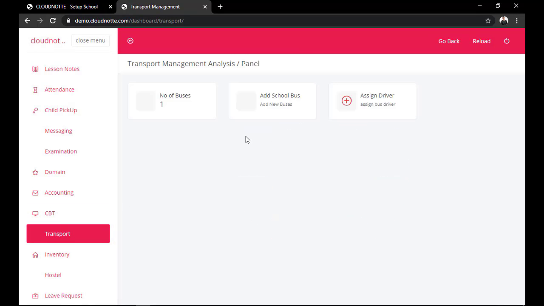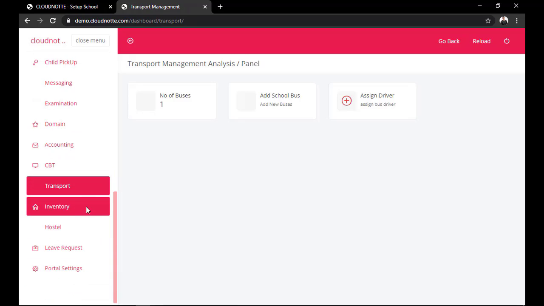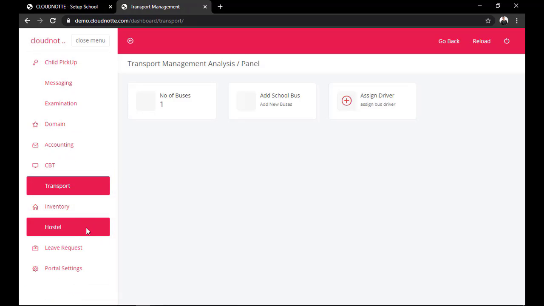So from the transport module, you can see the total number of buses your school currently has. You can add a school bus. You can assign a specific driver to a particular bus. We also have a module for inventory. We also have a module where you can book